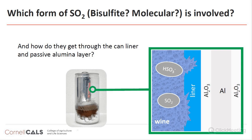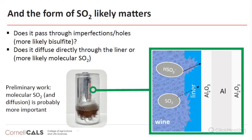Okay, so back to cans. Which form of SO2 is involved? And perhaps from a chemistry standpoint, how is this getting through the liner? And this is one of the things that we're currently investigating. We have this protective liner, and clearly somehow the SO2, either bisulfite or molecular, is circumventing it. Preliminary work from our lab